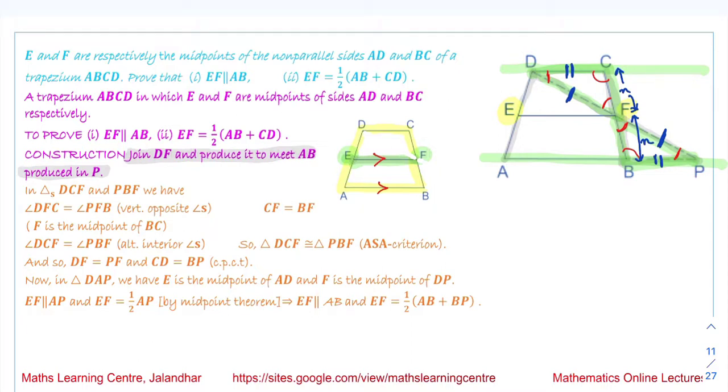Now if we consider the triangle APD, this larger triangle, this is DAP. In this triangle, E is the midpoint of AD, and F is the midpoint of DP. We have already proved that DF and FP are equal in length, so F is the midpoint of DP. So we get that this line EF is parallel to AB,